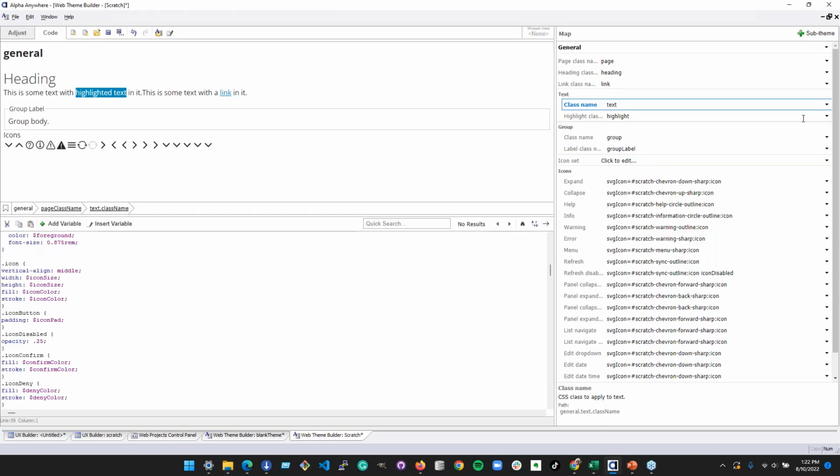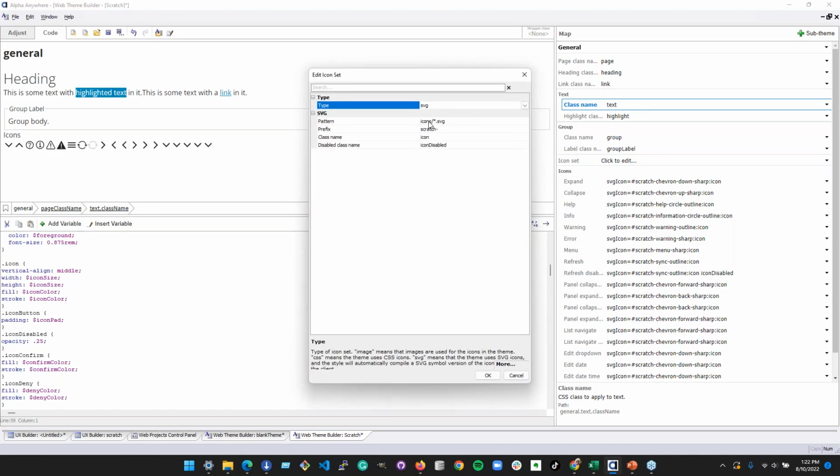So if we come back and look at Scratch inside this icon set definition again, you'll see this icon slash, and then there's a star here, and then .svg. That's the pattern to match. So any file that meets that pattern is basically an SVG file in the icons folder, stored in the same directory as this themes file that we're working with. Those will all be loaded in and made available. The prefix, I use Scratch dash to indicate that they are from the Scratch theme. You don't have to do this, it's optional, but it can make it a bit easier to find things